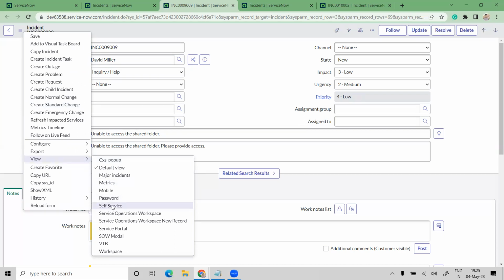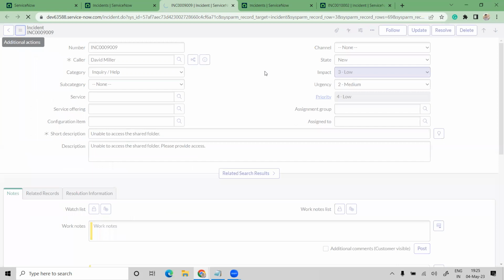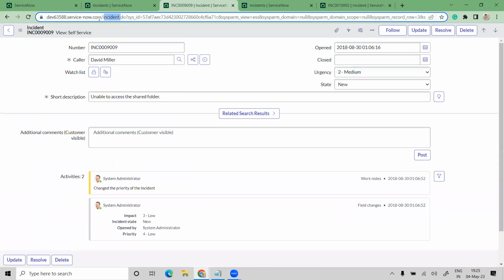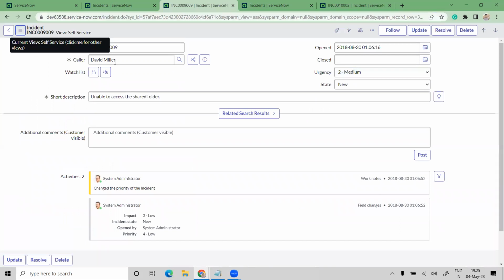These are the views which are already there in the instance. If I click on self service, look at the picture form. See, now the fields are different, but I'm still in the same incident table with the same record; only the fields displayed over here are different. So a view is nothing but something